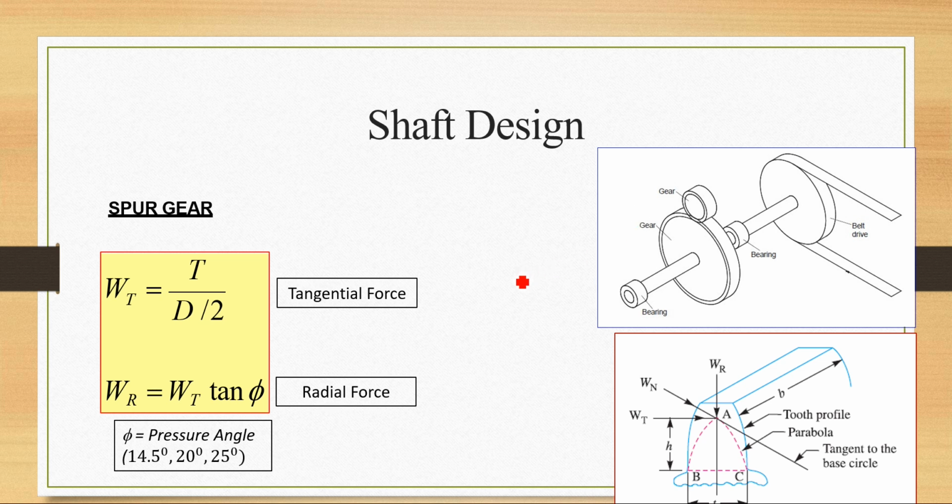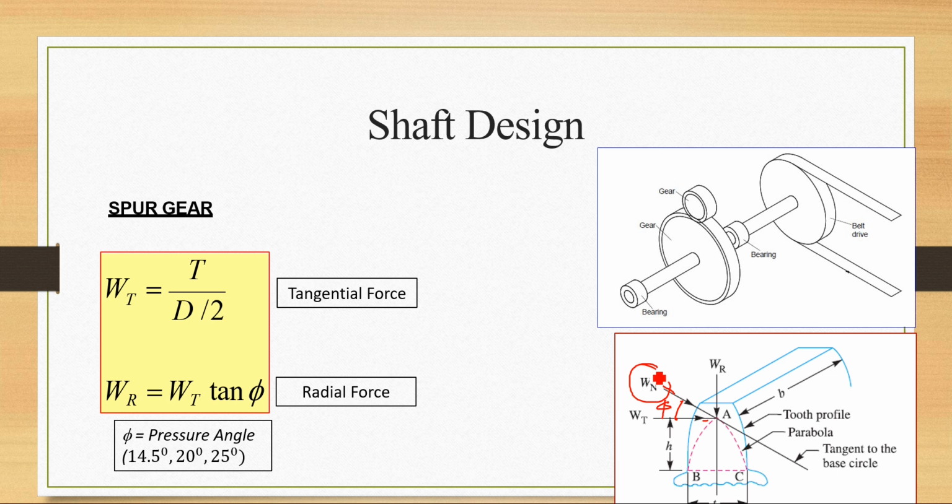you have the bending loads due to gear. So in case of gears, we use only spur gear for this DME1 course. So we have two types of forces. We have a line that is passing tangent to the base circle of the gear, and we have Wn, which is called the normal force. This is inclined at a certain angle, and the angle between the Wn and Wt is called the pressure angle